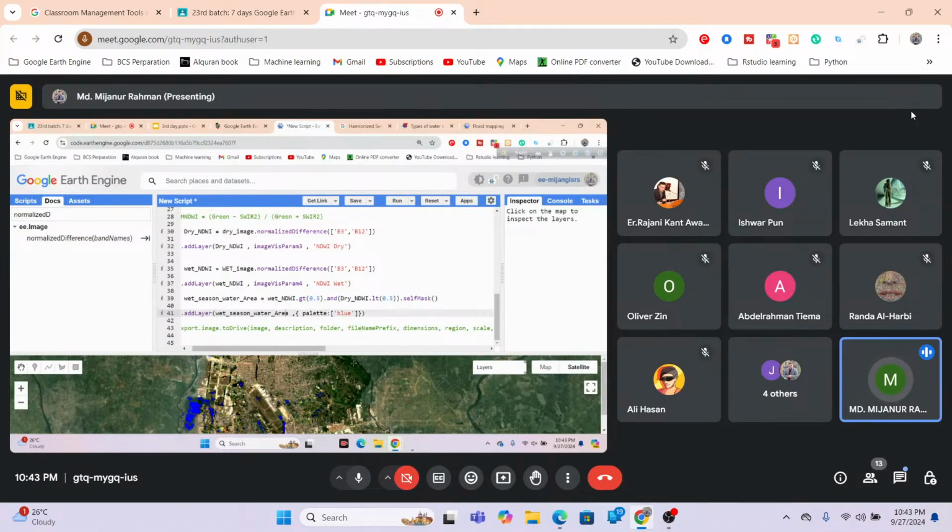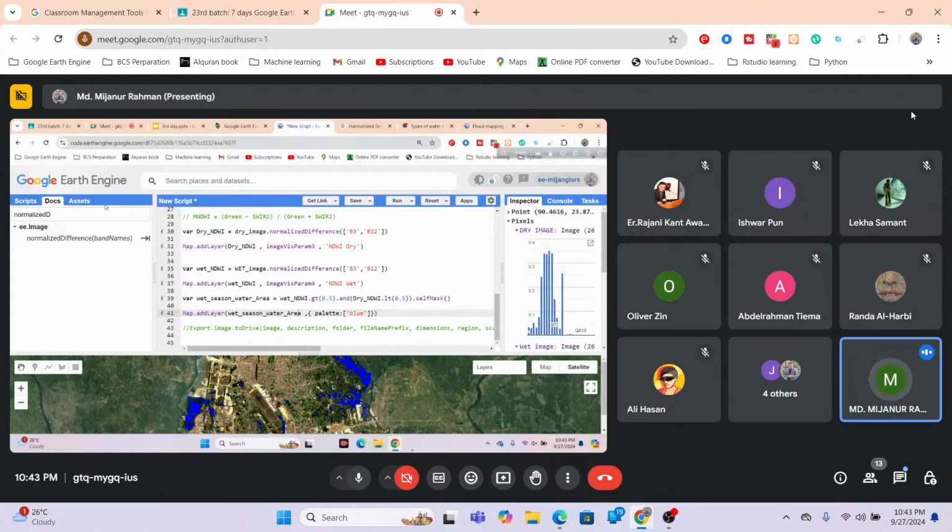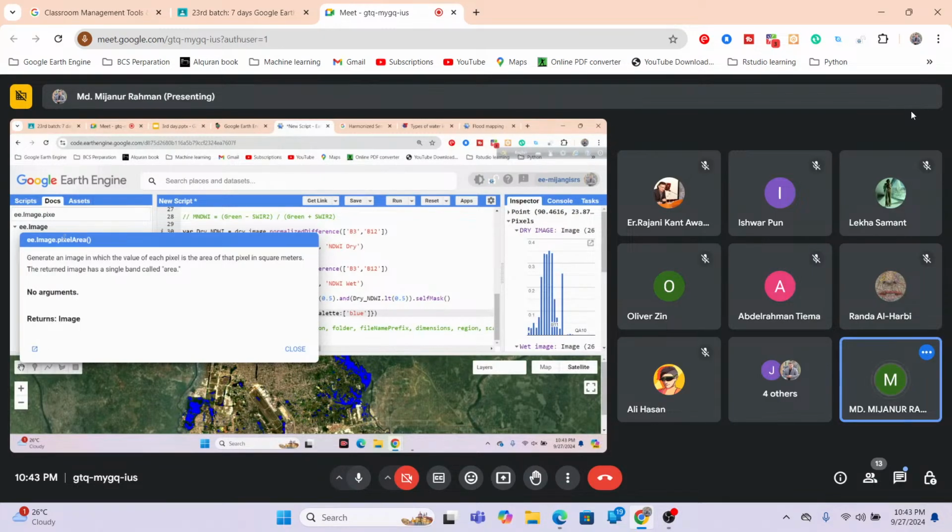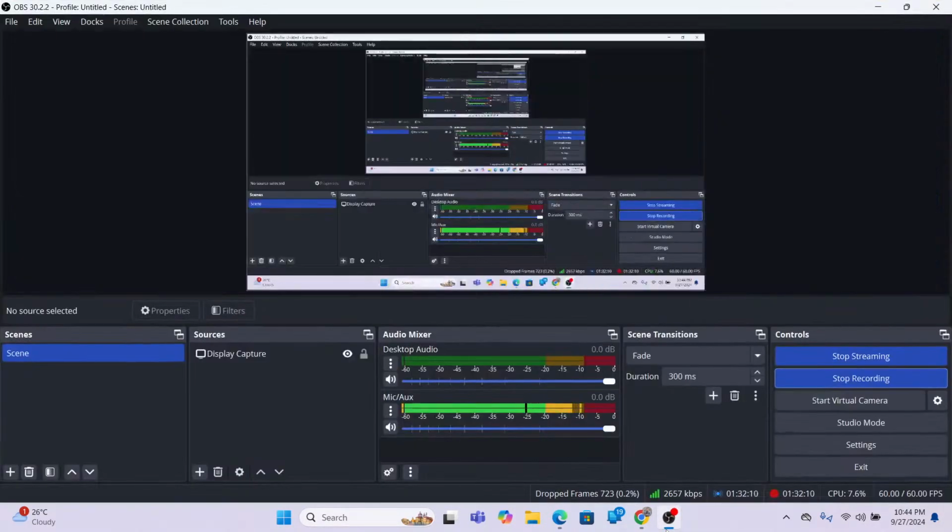For calculating this area, we just use a function. I simply write the function in here: ee.Image.pixelArea. This is the function we have to use to calculate the pixel area. When I use this function, we get the result in square meter unit. You can see it shows the pixel area in square meters, but further we can easily convert it into square kilometers, hectares or any other unit. Now I will show you how we can easily